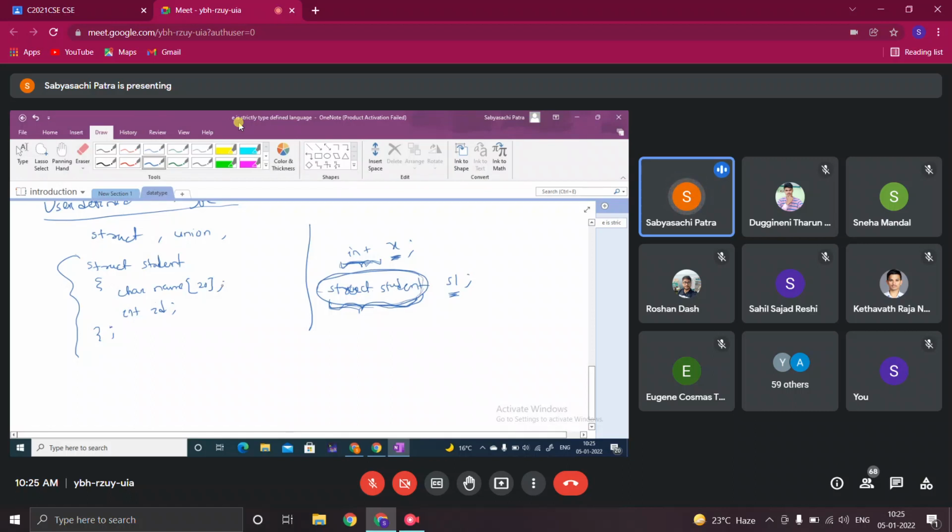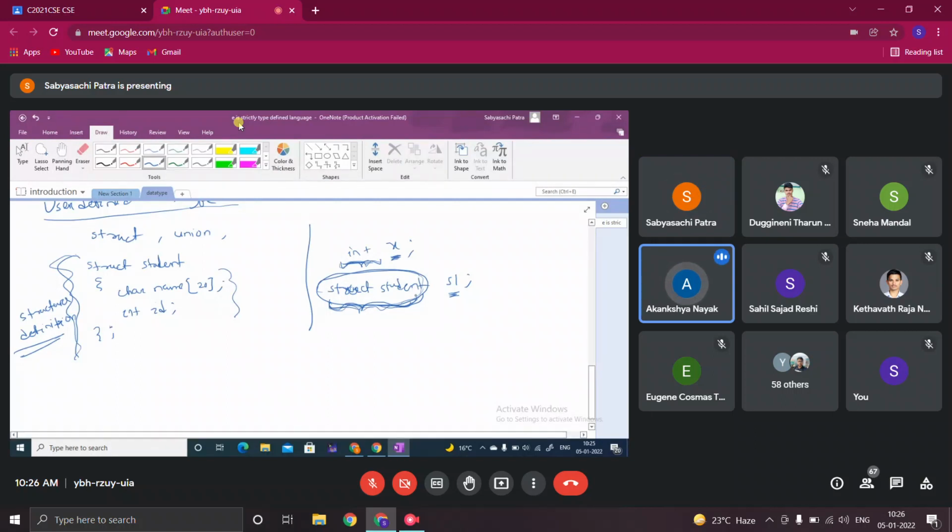So this data type is not there in the compiler. Okay, so you are defining this. How you define it is the structure definition. Don't go into the details right now. I will discuss that in detail when we come to structures. But you understand the concept. The concept is that here we are defining a new data type. We write the definition of the new data type and then use it to declare the variable. So that's why it is called a user-defined data type.